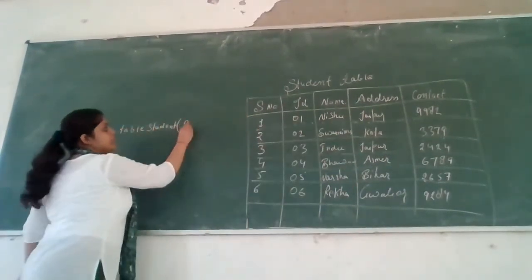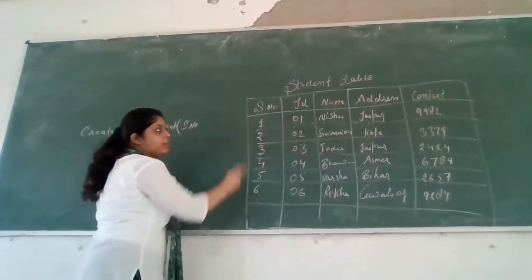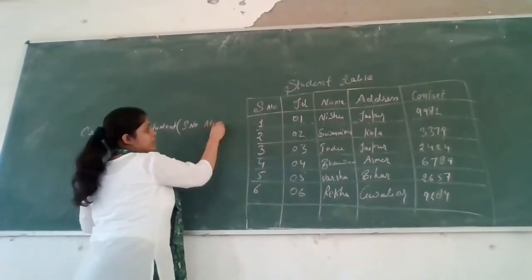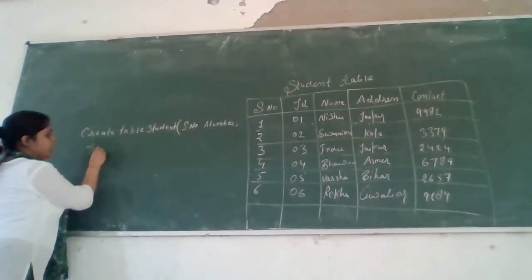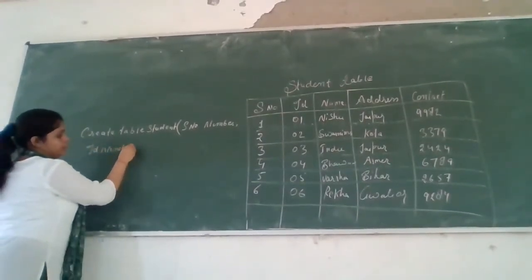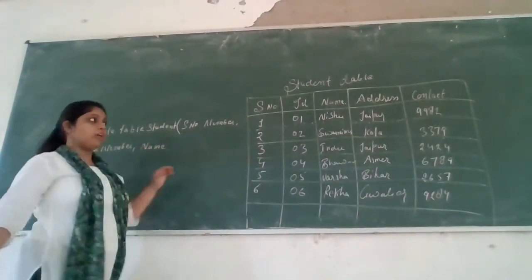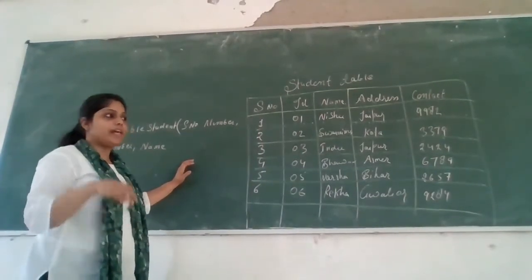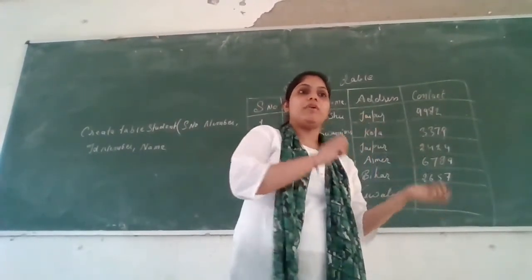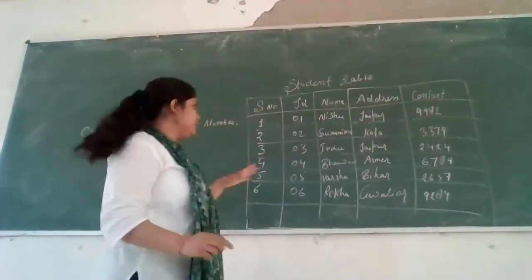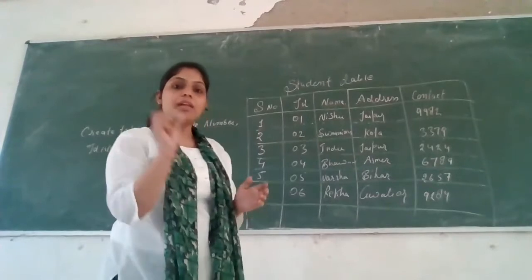First we take serial number, which is a number data type because we use numbers in a serial number. So serial number is a number data type. Second, we take ID. ID is also a number data type. Third, we use name. Name is a character. We can also use a variable and character, like your address. Address is like Jaipur 001 or D26 Jaipur Bapunagar, etc., like 32 Mansarovar Jaipur. So this is a variable and character.